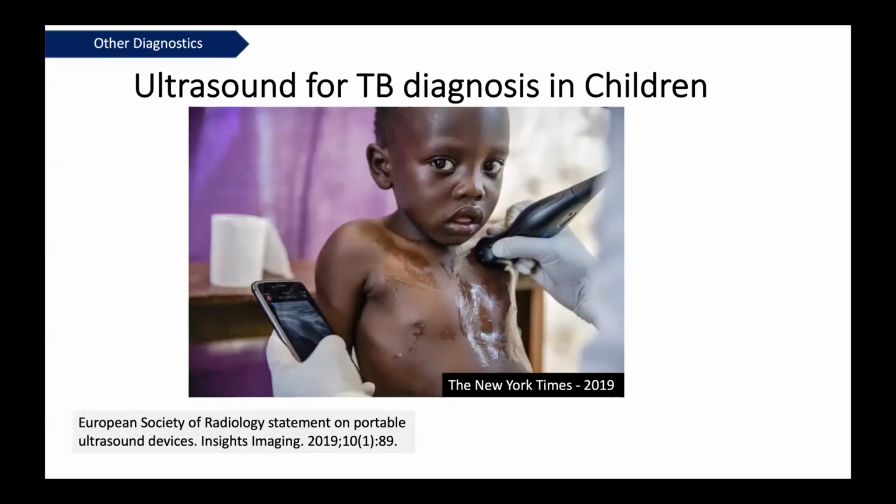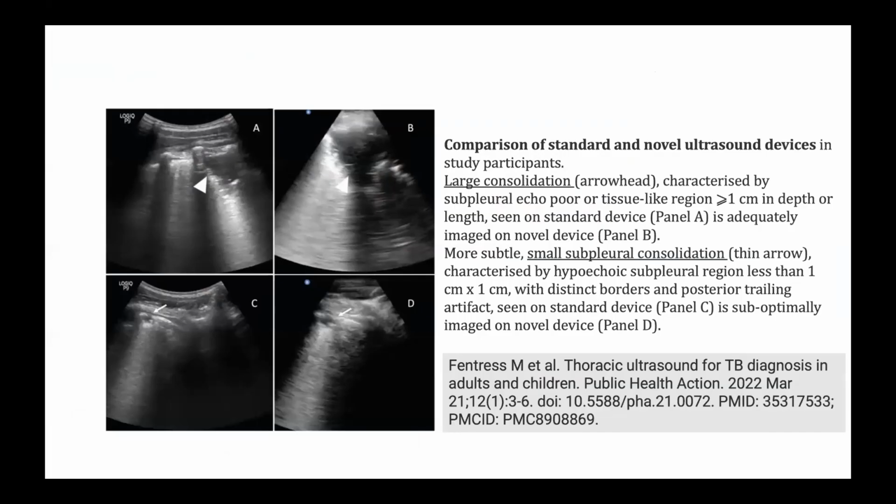So ultrasound, we've talked about ultrasound, I think previously in children, especially for pneumonia. But there's quite a bit of work when it comes to